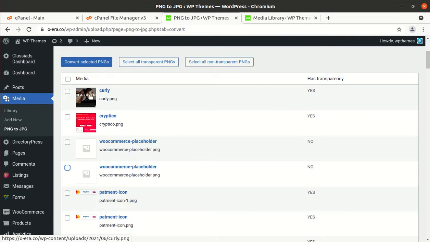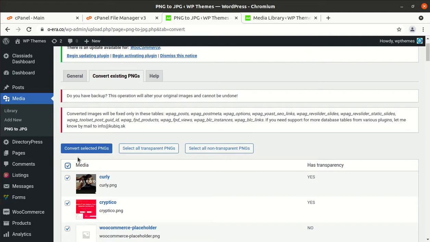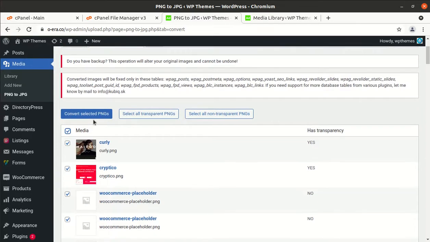So I am just selecting, however you can select all media files simply. So convert selected PNG, select all transparent PNGs. It is up to you, but I recommend to convert all, but take a backup.